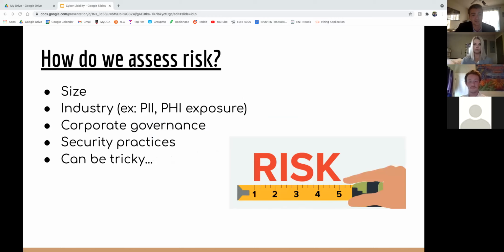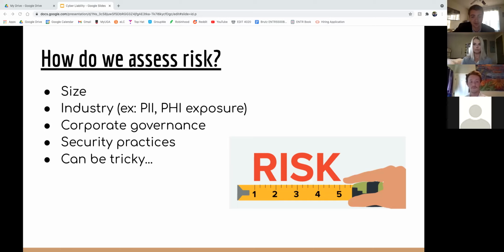So how do we assess risk? Larger companies are at a higher risk of cyber liability claims in comparison to small companies. However, small companies are still at risk, and a cyber attack could lead them to shutting down due to a lack of necessary funds to cover an attack. Companies that store a large amount of very sensitive personal data, such as social security numbers, dates of birth, and other highly personal information, are considered a high risk for cyber liability claims. Another key to underwriting cyber risk is assessing a company's security practices, procedures, and standards in place. Higher risk companies have zero to minimal cybersecurity protocols.